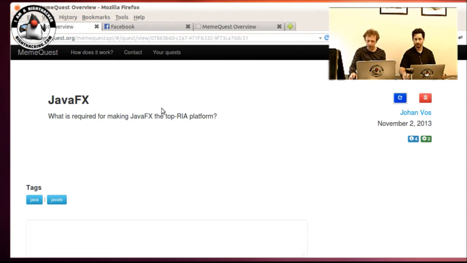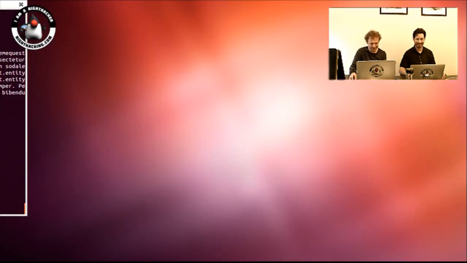Well, good enough. I was working on a JavaFX application. Oh, you mean the top RIA platform, one of the most frequently used platforms for developing client applications. If you want, I can show it. Yeah, that'd be nice. Let's see. I have to move the cursor to my screen first. You lost your cursor.